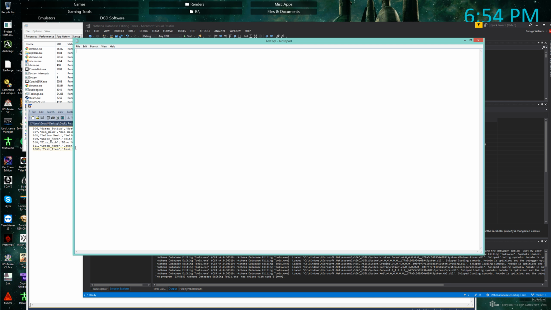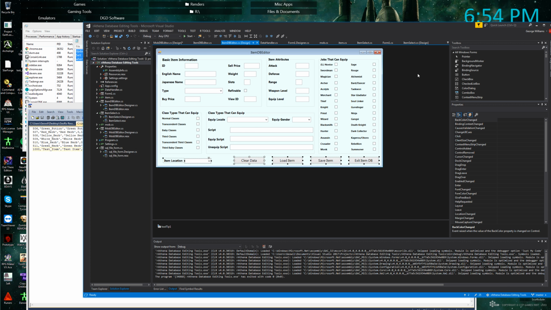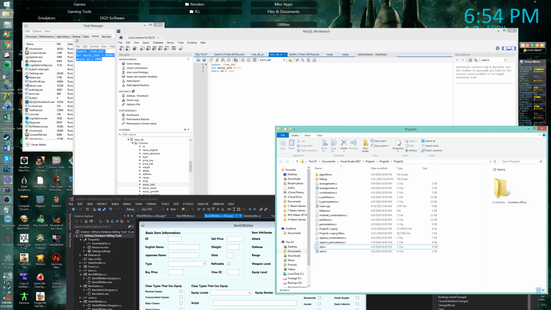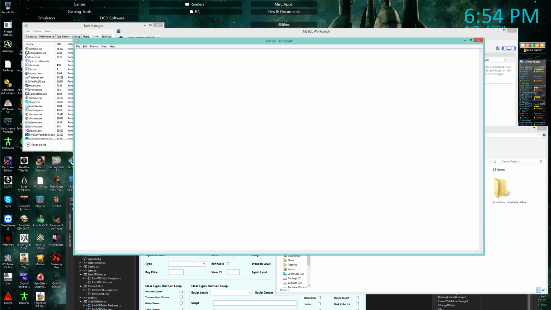Let's see, I think it's not this one, that's the SQL file. It's our temp data. Where is our, here. So mob db table, all right. So we've got several, but they're different fields. So we've got the ID, the sprite name, the KRO name, the IRO name,